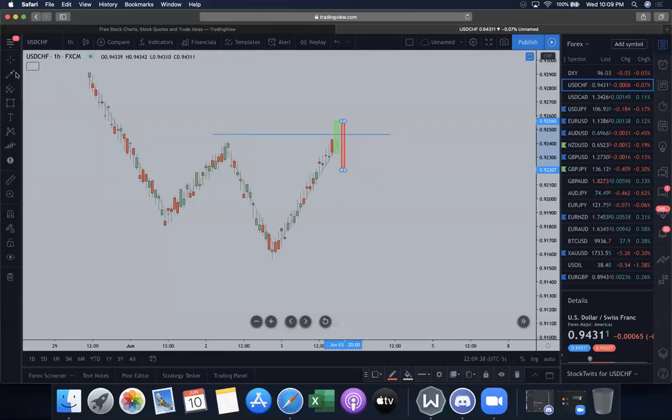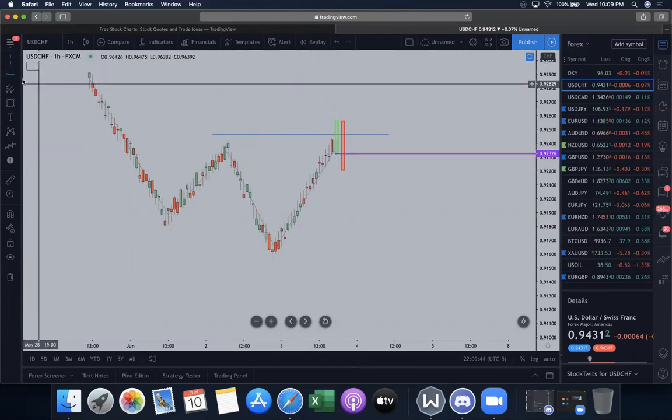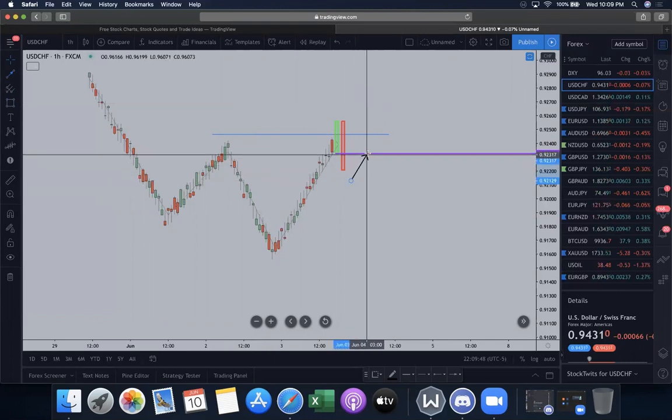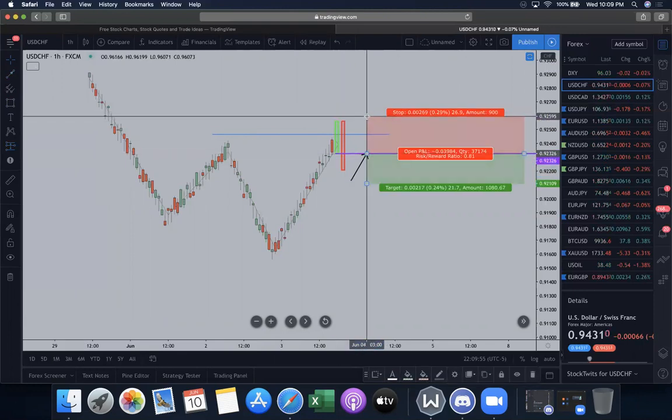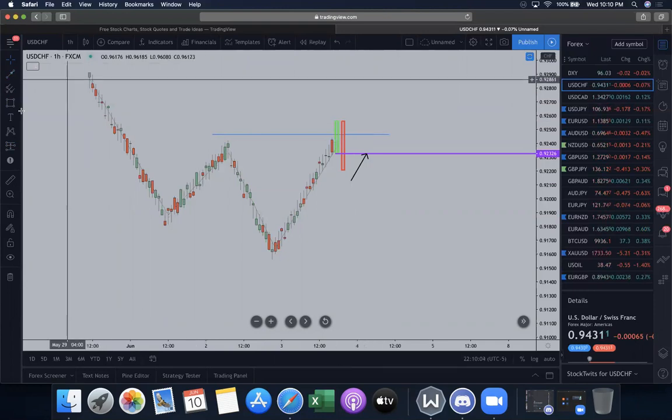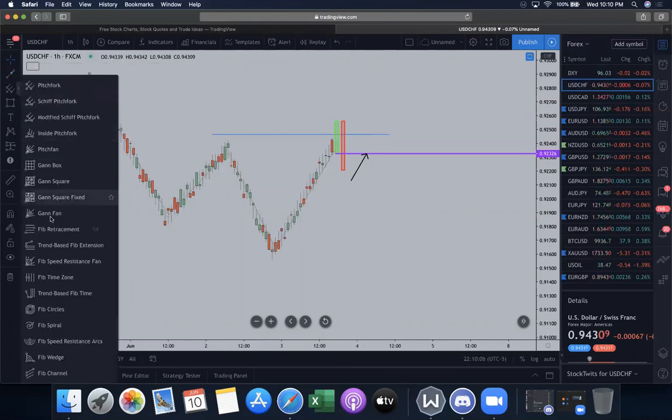And then what we are going to do is enter a sell on the retest here. So the first entry will be at the open. We're selling here, and our stop loss will go above the high. Because if they break the high, that's going to release the liquidity, right? So if they break the high, it's just going to keep going up, okay? The second entry, we can enter at the 50%